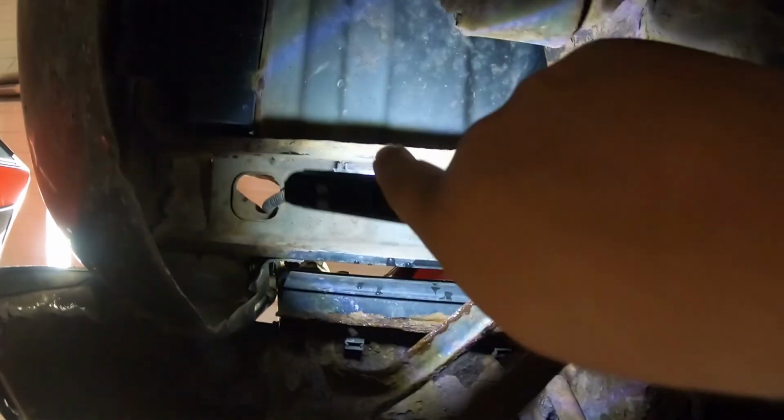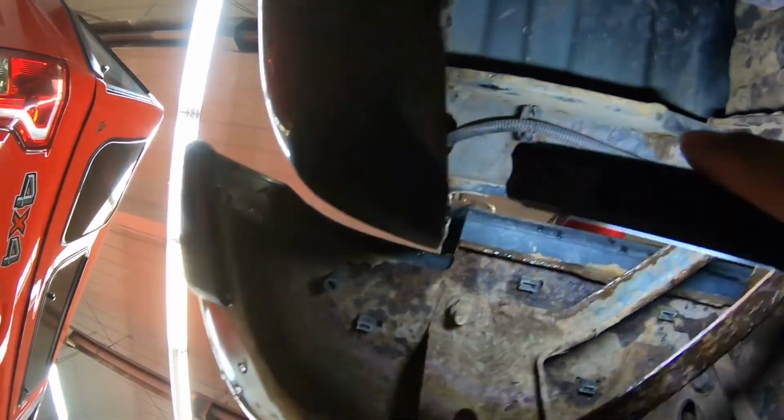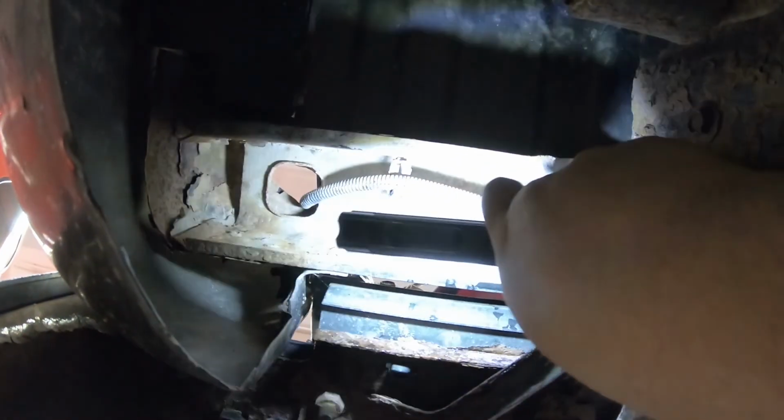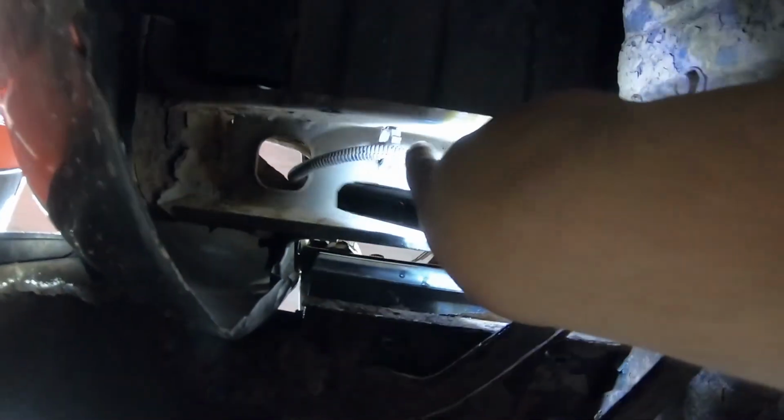So I located the harness. It's right up here. We're at the end of the bumper on the driver's side. So that harness actually goes up through that hole there, and we gotta undo these clips. I've already undone